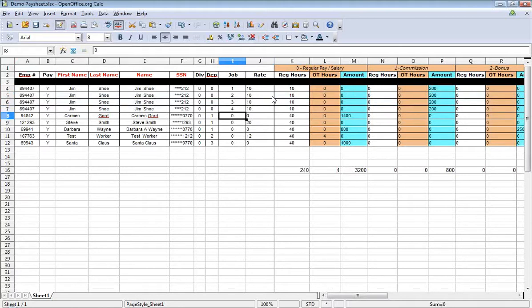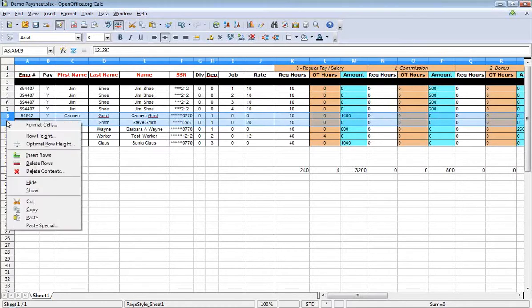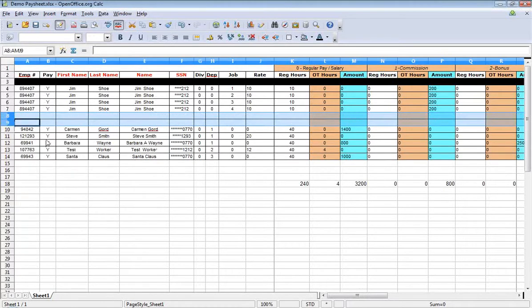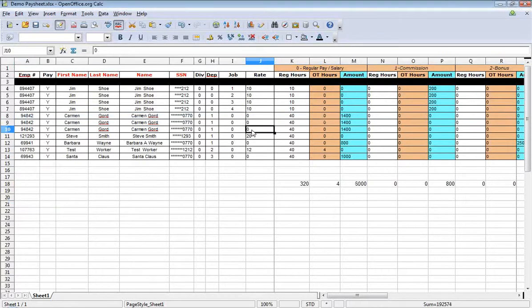Once that computes in our payroll system, then we can give you back terrific management reports that show all your job costing broken out. You also might be a restaurant. We have tons of restaurants that use this because they have a lot of different labor distribution issues. Specifically, let me paste this in here. Carmen might be